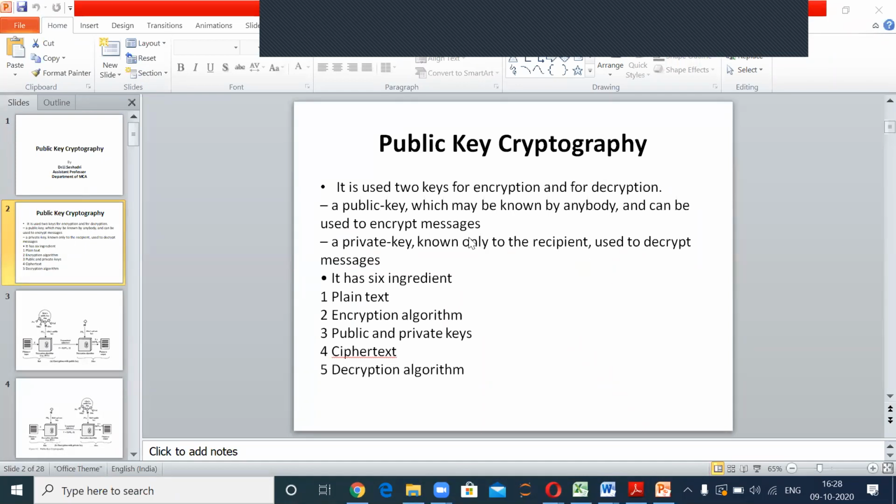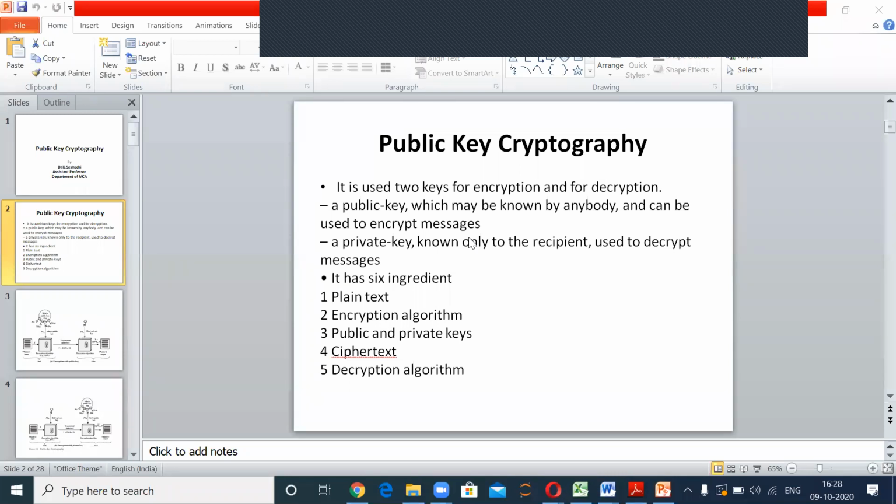So how many types of cryptographic algorithms are we discussing? Two types. One is symmetric key and the other is asymmetric or public key cryptography. Symmetric key means the same single key is used for encryption and decryption. Whereas in public key or asymmetric key cryptography, each participant has two keys, public and private. One key is used for encryption and the other key is used for decryption, right?